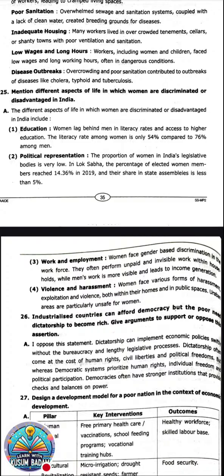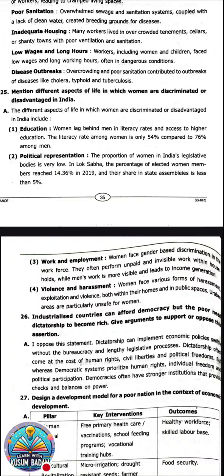This answer is also very easy if you mostly concentrate on the subheadings and learn them very nicely. The inner points you can make in your own words. If the headings are clear-cut, your answer will be effective. So here the 4 points are given. Education: concentrate on the percentage. Women have a 54% literacy rate, whereas men have 76%. Second one, political representation.